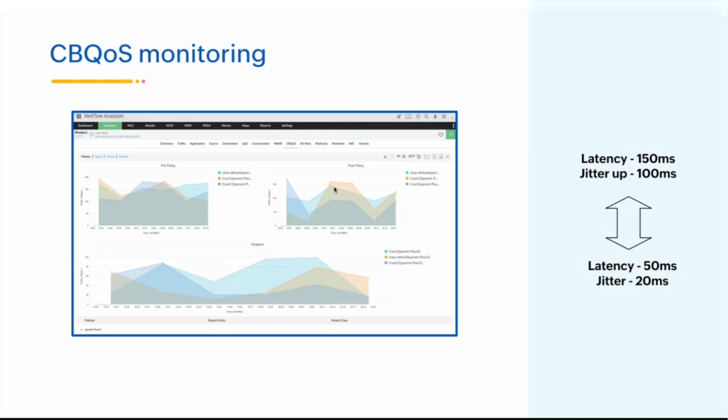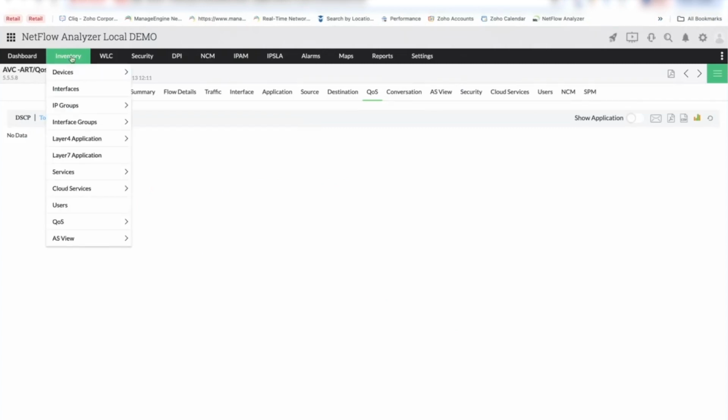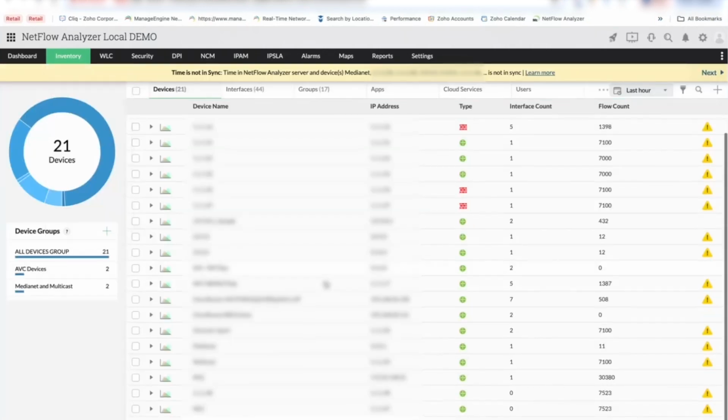So you can find out if the applied policies actually work for your network. And by the before mentioned example, after applying the DSCP values, you can find the difference such as where the latency was 150 and 100, it has reduced to 50 and 20 for jitter, hence assuring that the applied QoS has worked. So you can find the QoS policies under